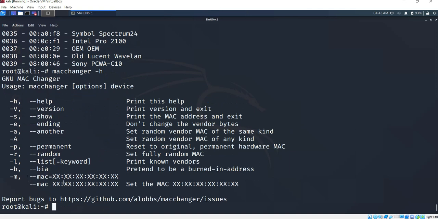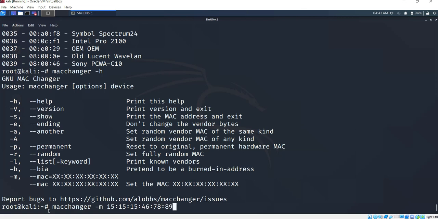Okay, so let's see the other options. Now, pretend to be burned-in address and all those things are okay. And -m: if you want to give a MAC address by your wish, for that you can simply give macchanger -m followed by an address like 15:15:15:56:78:89.